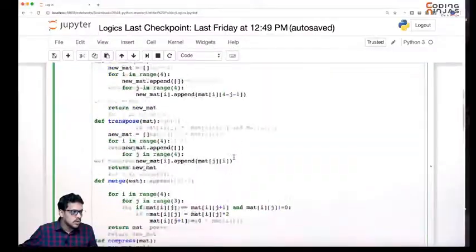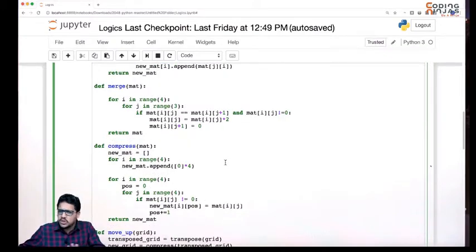Hi. So in this session, we are going to test our logic file, that all our logic of moving left, moving up, moving right and moving down are working perfectly fine. We are going to test our code by manually taking any matrix and start implementing all the functions. So this was our code.